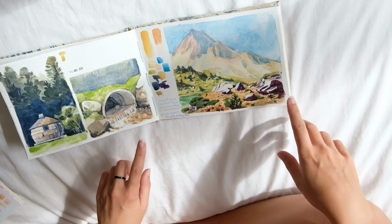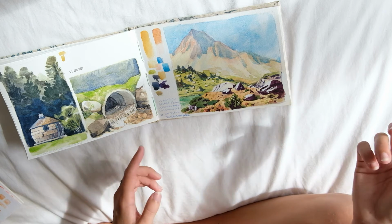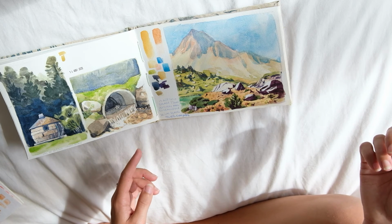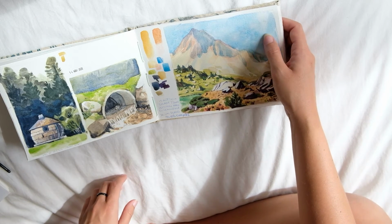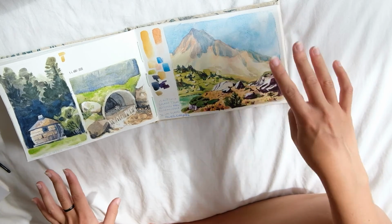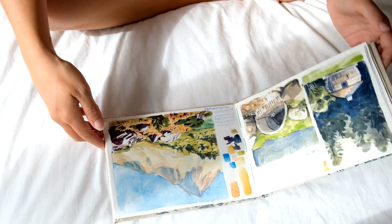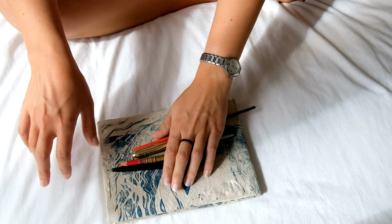So the paper on this sketchbook is Monval paper. It's 300 gram. It's very, very nice. I really like the texture you can get with this paper. It's not too much, but you still get some really, really nice effects. So yeah, that's what I use. I have this, my pen brush and pencils,